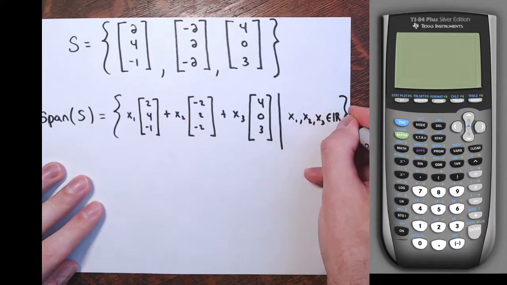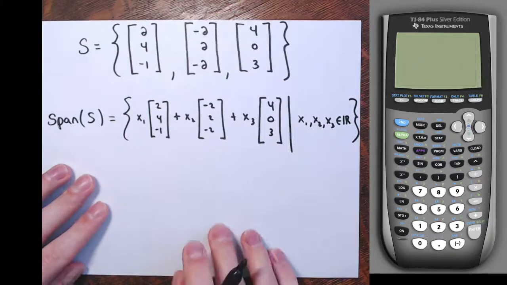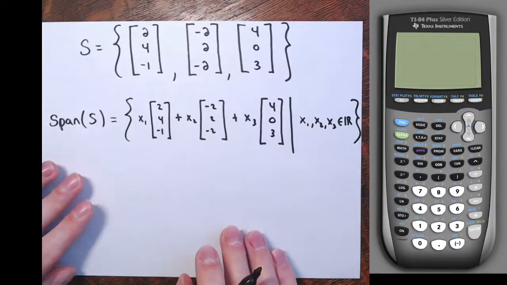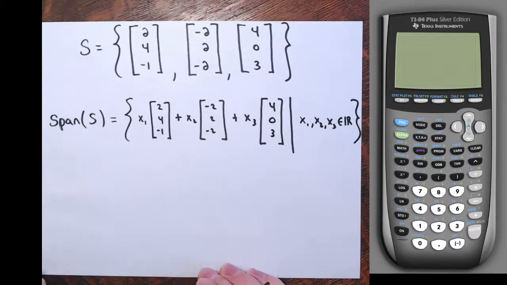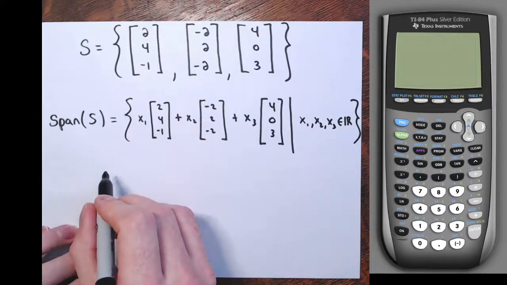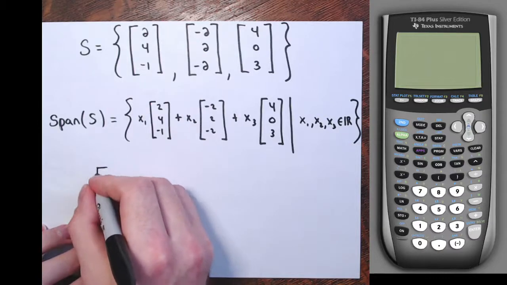There's a description of the span. Now, when they talk about describing it geometrically, these are all vectors in three-dimensional space. A real easy way to determine what kind of picture you're going to form with the span is to take a look at the